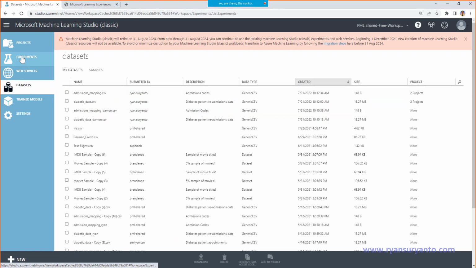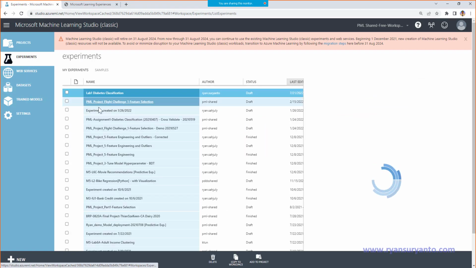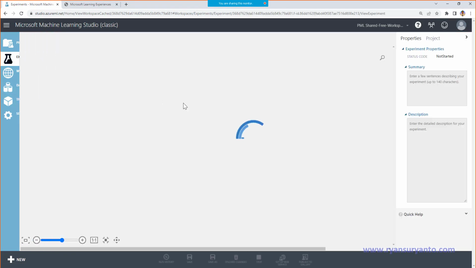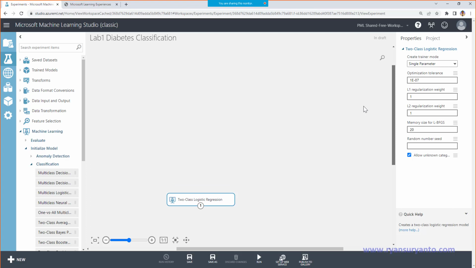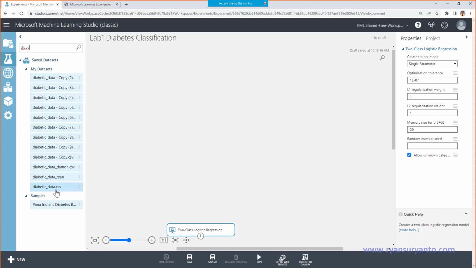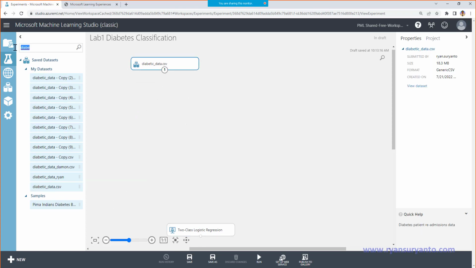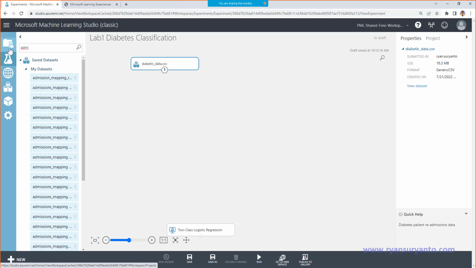Then I go back to the experiment, and then this is the one. I just drag this below. We're going to use it later, and here I'm going to start by loading the dataset. So diabetic dataset, this one is the original, and then admission mapping.